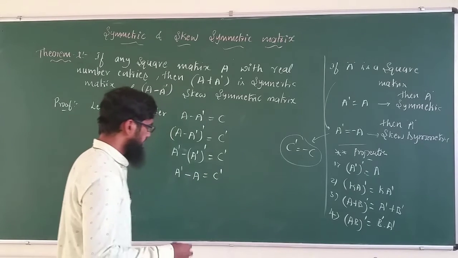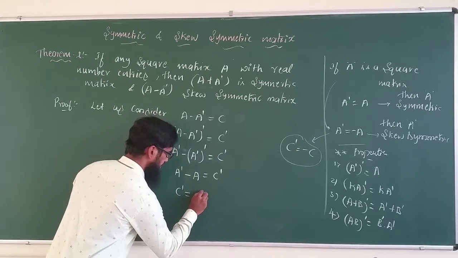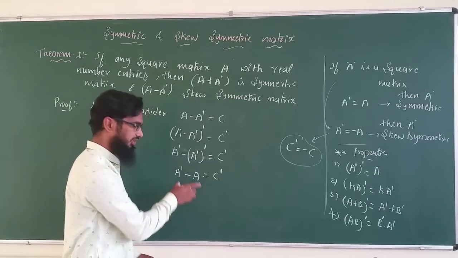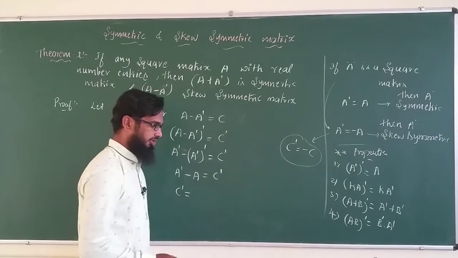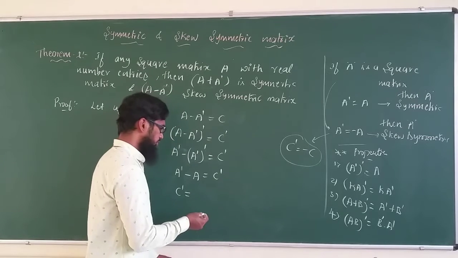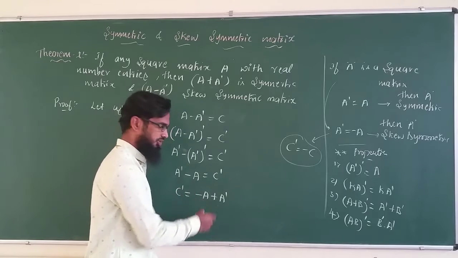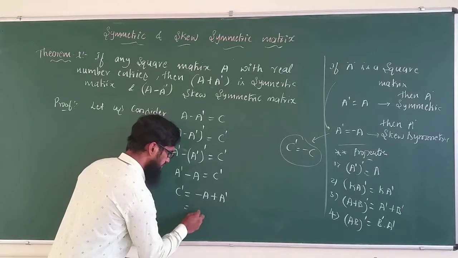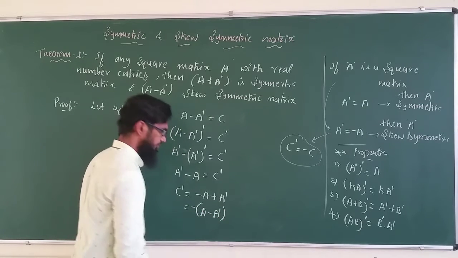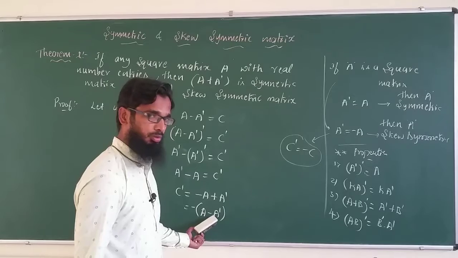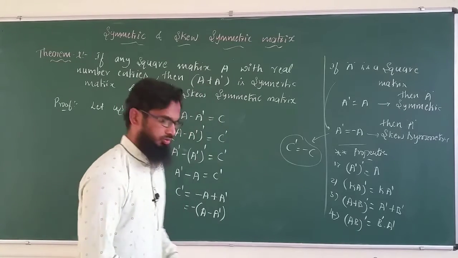Okay, now from this, C dash is equal to, the left hand A transpose minus A, that is A dash minus A. In this term if I take only the minus common, this will be like minus A plus A dash. So in this case I will just take the minus common here, this becomes minus (A minus A dash). So this is the form he has given here, meaning in this right hand side part we have taken the minus common only. So this is the C dash.